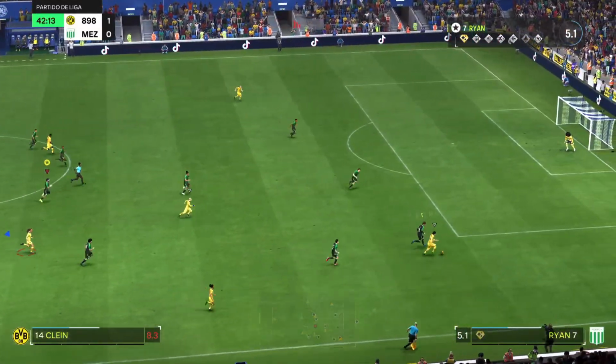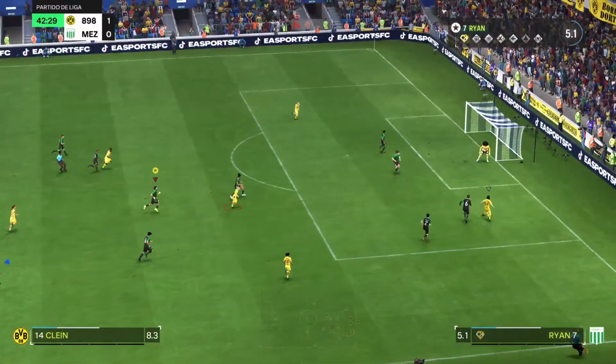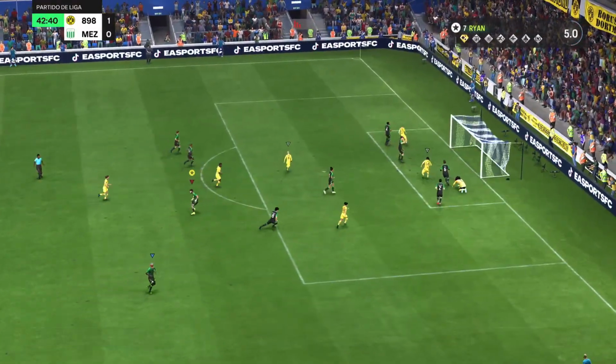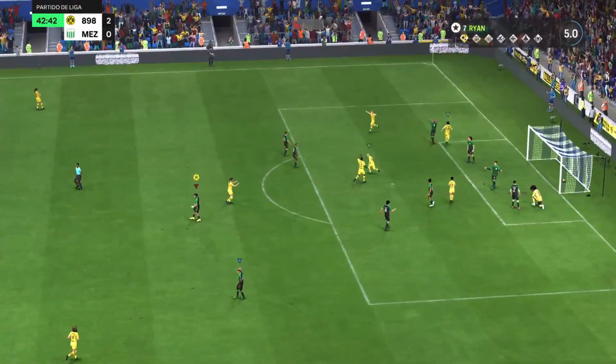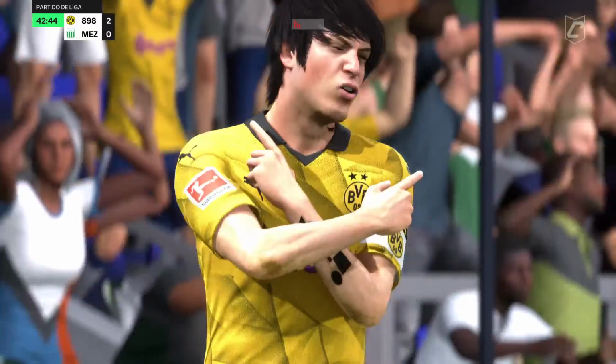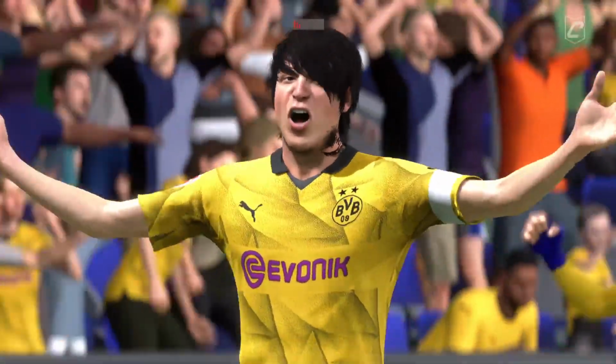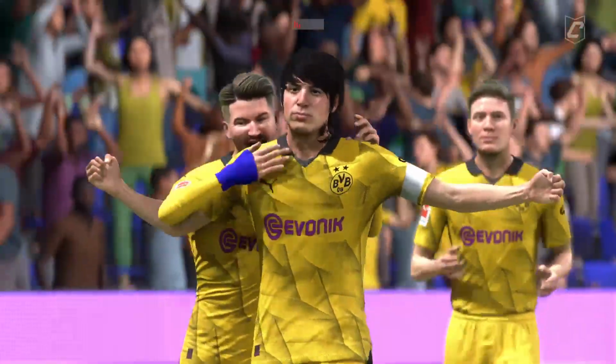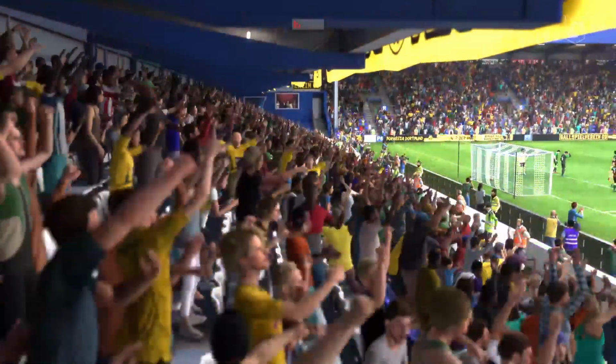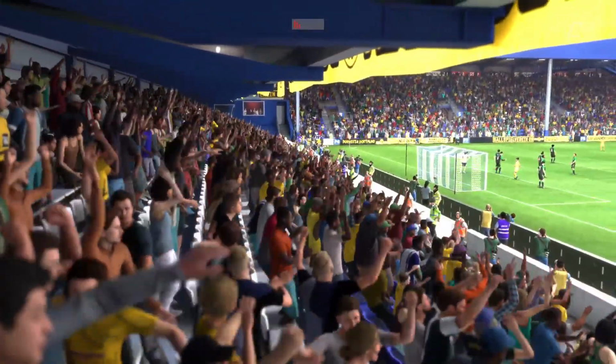Ya sé que es un foul. Un partido inspirado para este joven. ¡Qué pedazo de goleador!